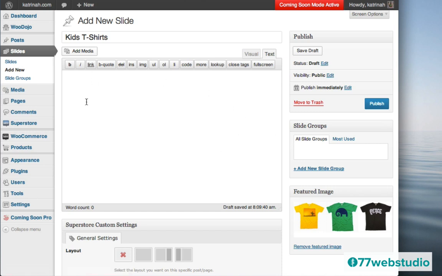Now we'll come back to this part right here and we'll add a call to action button in just a few moments. We need to create some pages first, so I have a link that I can actually send the call to action button to. So first we need to create another page, and then we'll come back here and we'll add some detail here with a call to action. So for the moment, let's just go ahead and click on Publish to publish the slide.